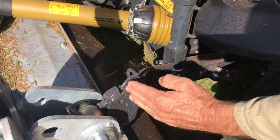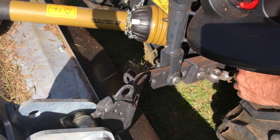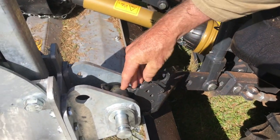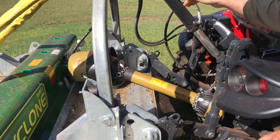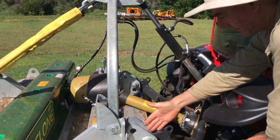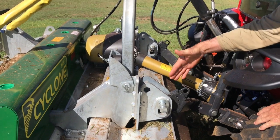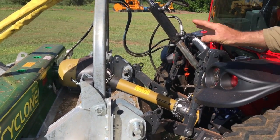So the length of the arm is critical. The pin position here is critical, because all that affects the geometry. If this arm was longer, that would stuff up the geometry for this, and also that affects the width that it goes to. A longer arm would come out wider slightly, but on the standard tractor, when you hook it up like this,